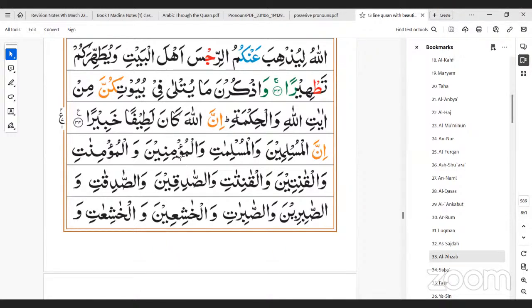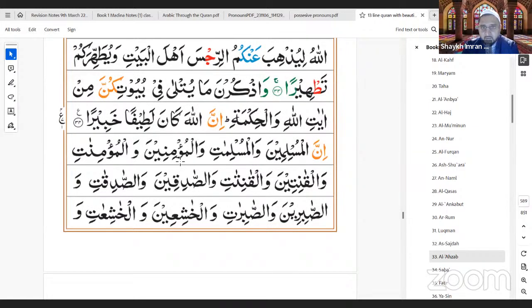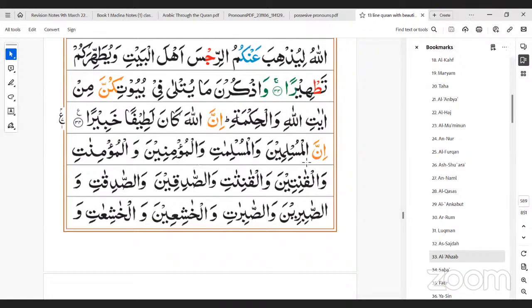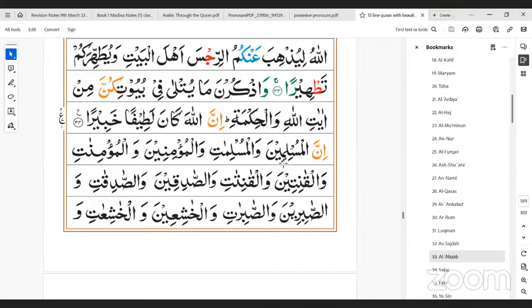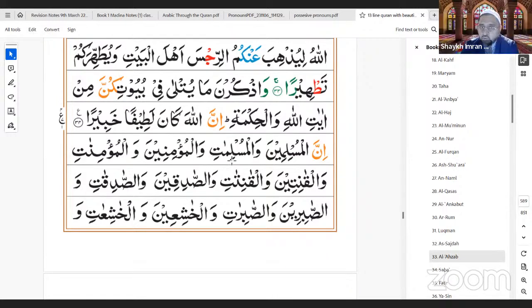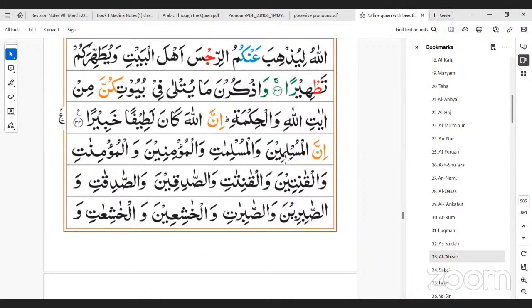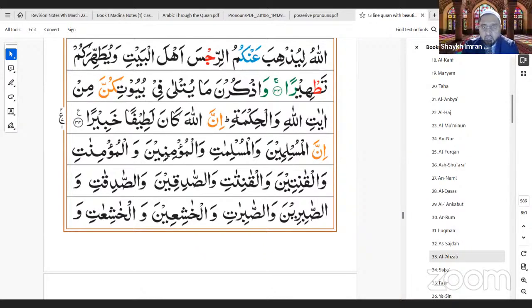This is a bit confusing. Which one? This inna thing. Yes, inna made the noun take a fatha, which is muslimina. The word muslimina was muslimuna. So ignore muslimat, because this is a sound masculine and sound feminine plural, but I'm not teaching this at the moment. I just want to pass by muslimina. Muslimuna was the original, mu'minuna was the original, and what's happened is that inna comes whenever any, like if you